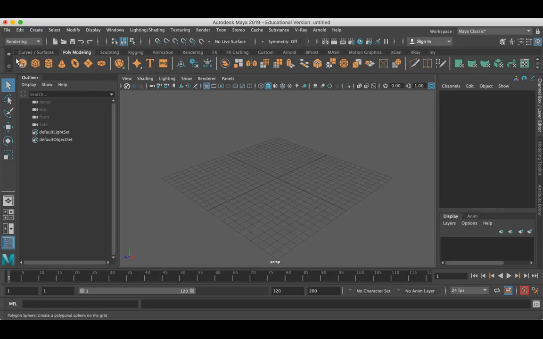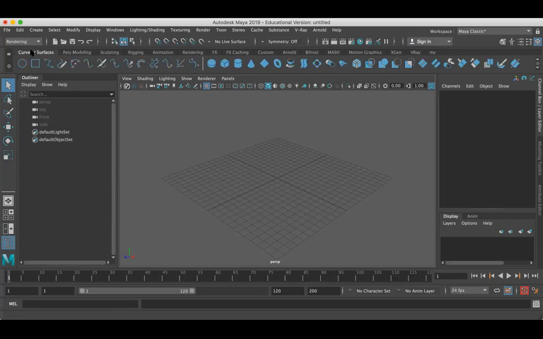In the shelf, you can find many tabs which have different icons. All the icons are tools, menus and actions. If you go to curves and surfaces, you can create some 3D models. Curves and surfaces are useful for creating 3D models and polygon modeling.